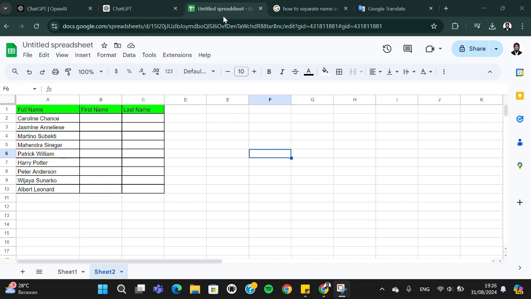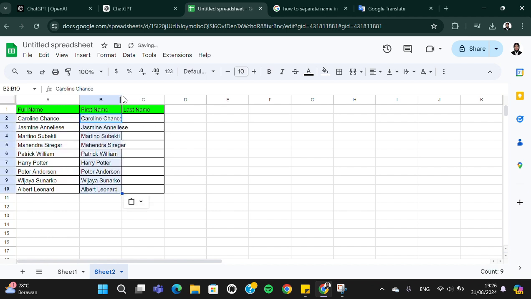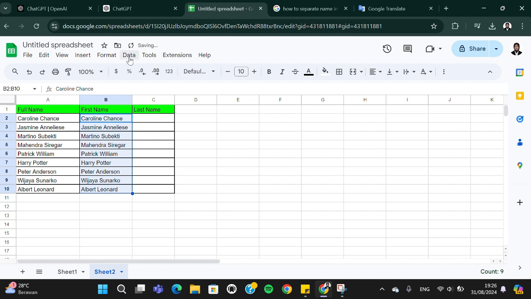So I have opened my Google Sheets, and as you can see, I have prepared my data in this Google Sheets document. For example, I'm going to separate this full name into the first name and last name. First of all, I'm going to copy all the full names I have. I'm going to paste it right here, and then I'm going to go to the data